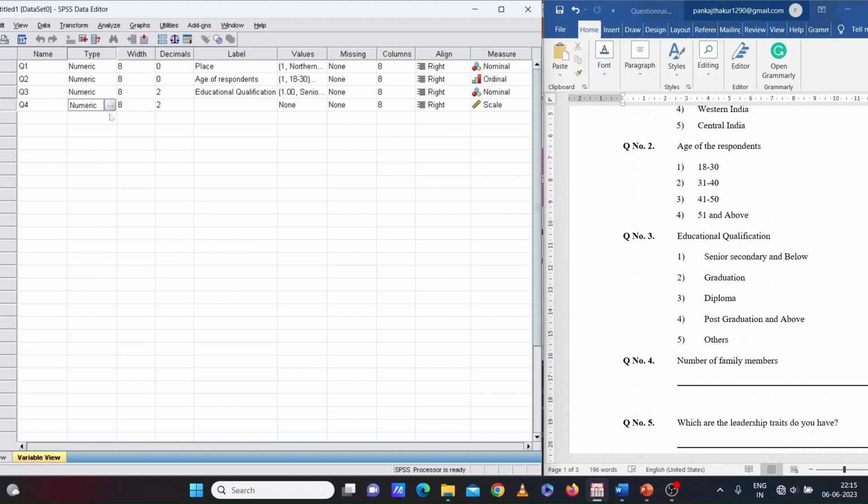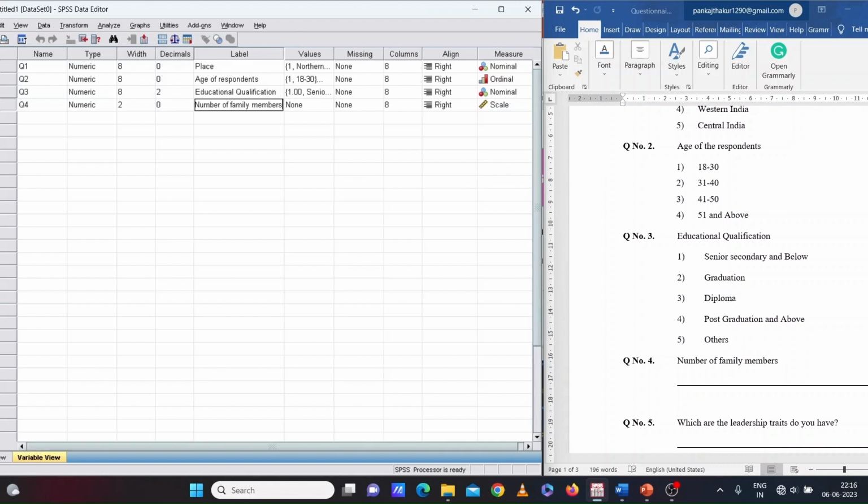So we are using the type numeric here again, and under the label column for question number 4 we will write number of family members. For this particular question we don't have values because it is an open-ended question, so we will not fill this particular cell.